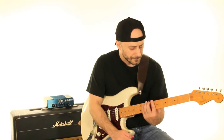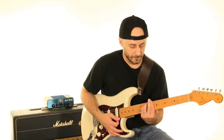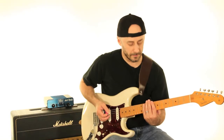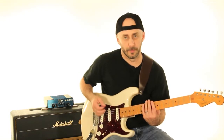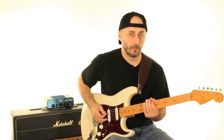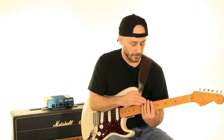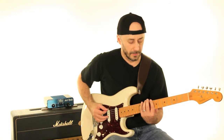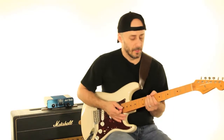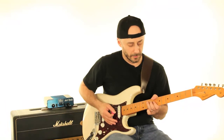Okay, so same thing is true of the minor. The minor scale, or minor chord rather, so if we had a C minor chord, you would apply the C minor pentatonic to that, and the minor chord is 1 flat 3 5, and the minor pentatonic is 1 flat 3 4 5 flat 7. Okay, so in that key of C, that means we have a C, an E flat, an F, a G, and a B flat. Okay, so to add to the chord, then just like a lot of the stuff you hear in Little Wing,